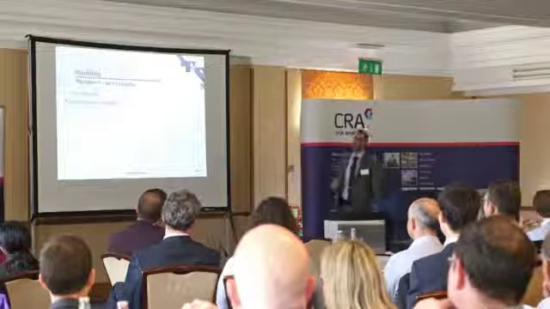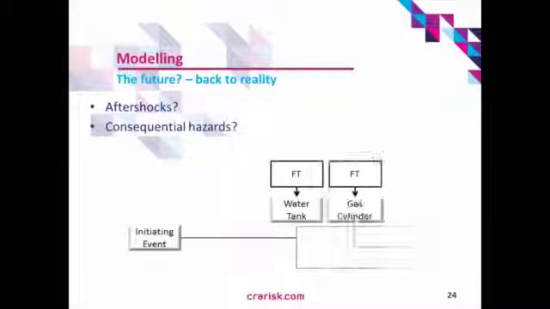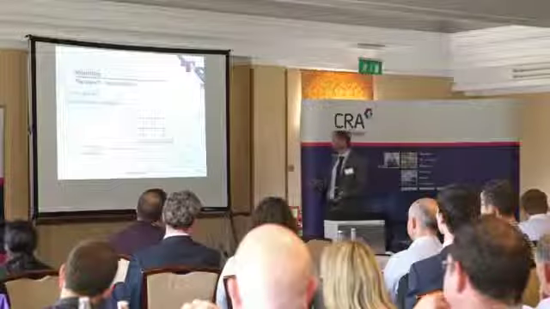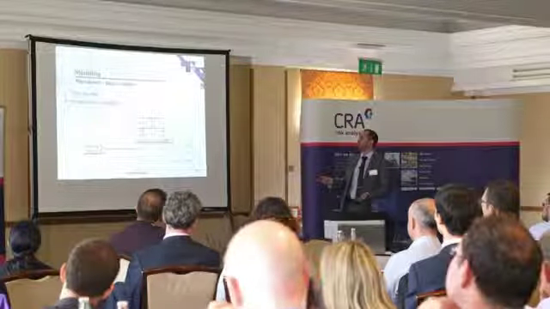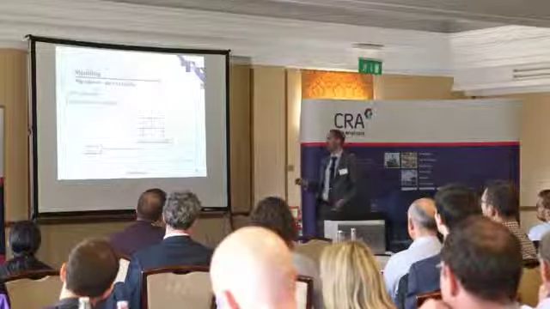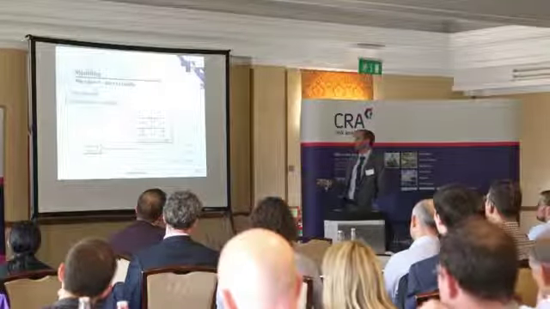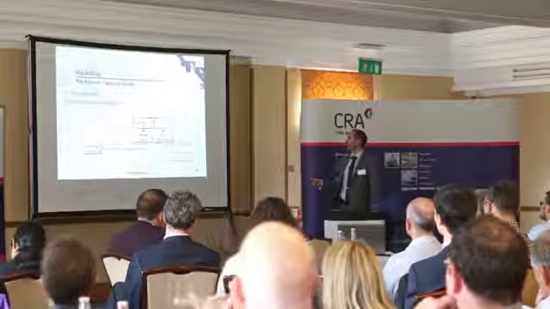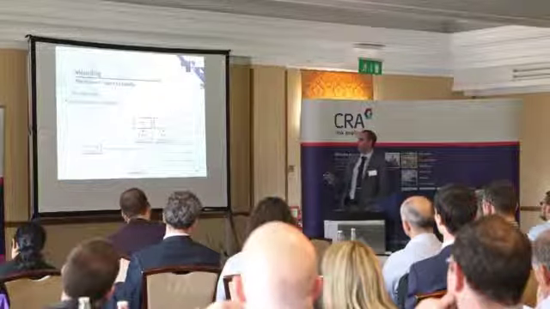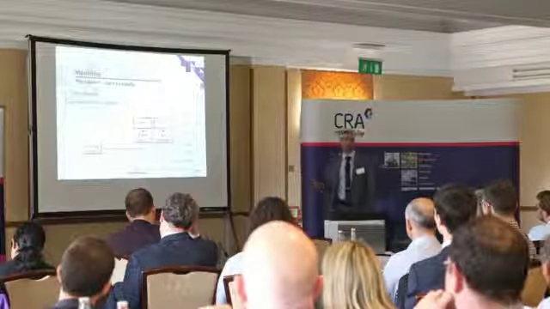Consequential hazards: we talked about how you could have a fire following a seismic event, or a flood. You could take your seismic initiating event tree and put in conditional failure probabilities of things like water tanks failing due to seismic damage, or gas cylinders breaching, giving you a fire, and then link those to your plant-based, if you like, or external hazard, fire and flood modelling. That is possible, but there are lots of problems in how complicated you make this tree.